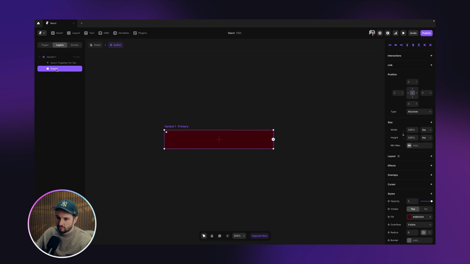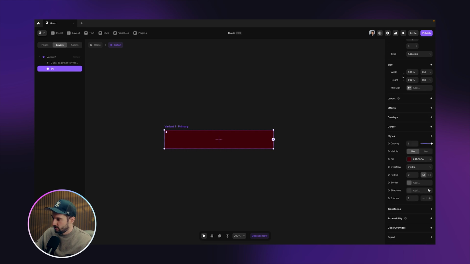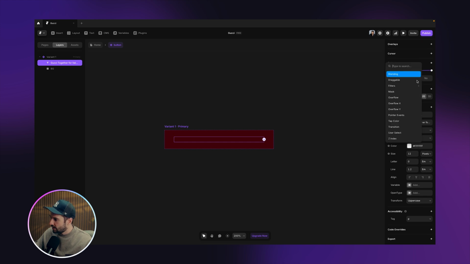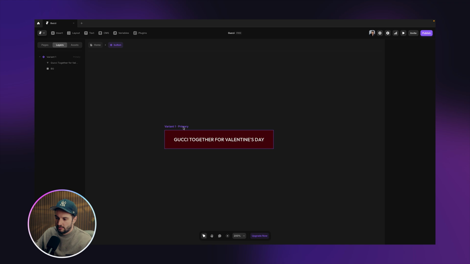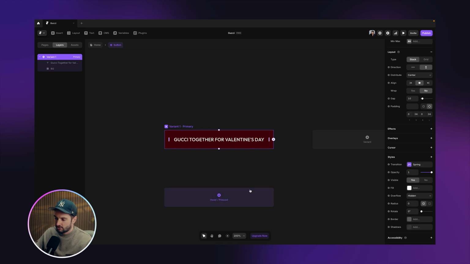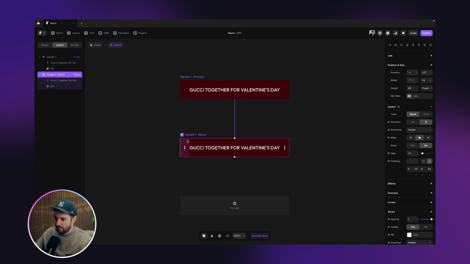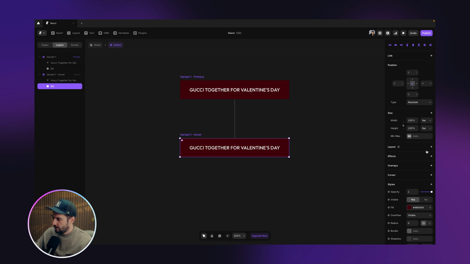So this is the background. We'll call it BG if we want to, and you'll notice that it's covering the text. So we can fix this by setting the Z index to 0, and this text style, Z index, say 2. Now it's above. And we can add a hover state. And the background, we can add a transform